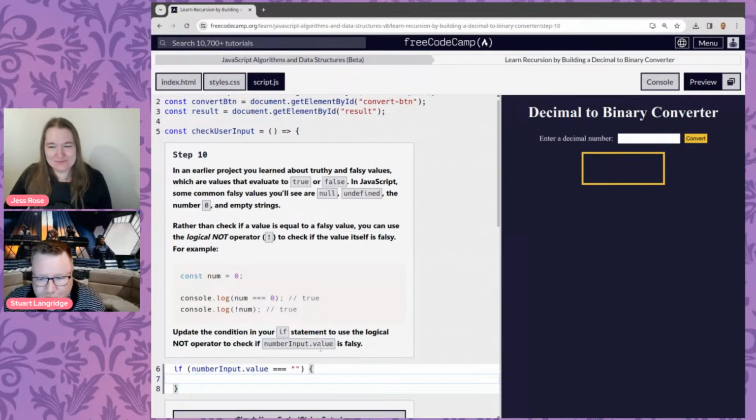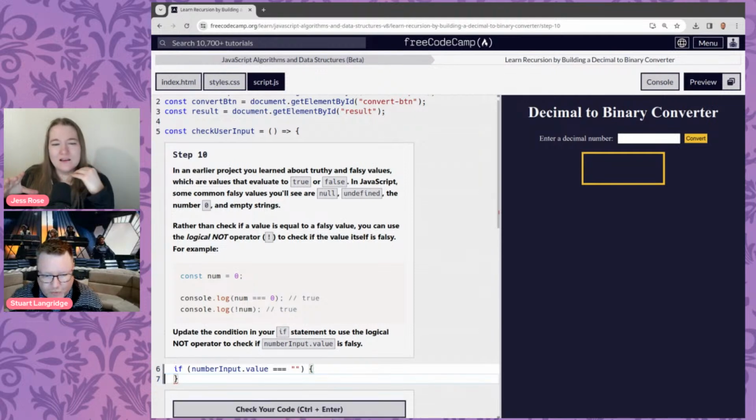So here, what it wants us to do is check if it's false. I suspect the idea behind this is that the empty string is falsy, but also the number 0 is falsy, so it's a convenient way of checking for both. So here we will go. We want to use a logical not operator to check if number input.value is falsy. So here, what we want to do is what? Yes, if, curly braces. Oh, hang on. No, sorry, it's not different. Oh, we're there. Sorry. So if number input value